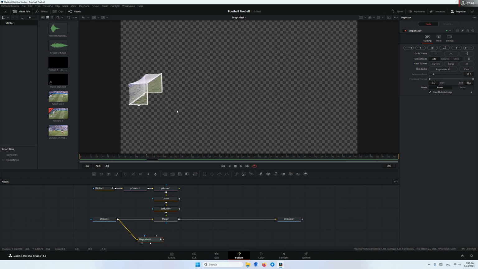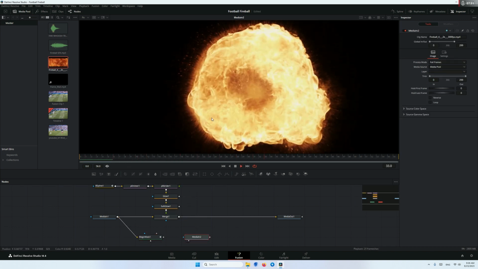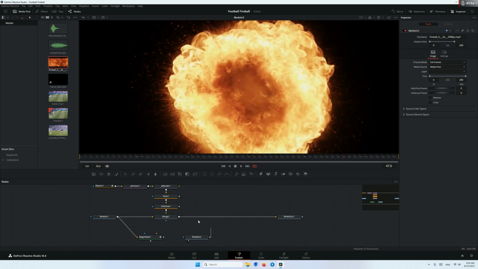And as you can see, the magic mask did a really good job on tracking this goal. Now we add our fire, so we have this fire video like this. It's an explosion. Connect it to the merge,